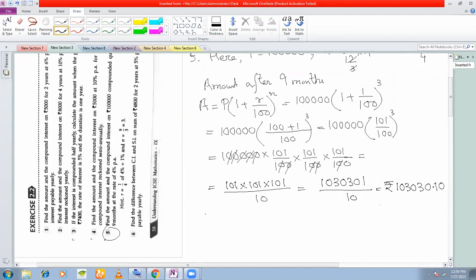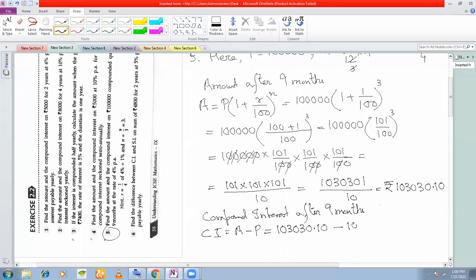Okay, so that is the compound interest after 9 months. CI is equal to A minus P. This is what we have found, the amount, and the principal was this, which is equal to rupees 3030.10, and that is what the compound interest is. Okay,